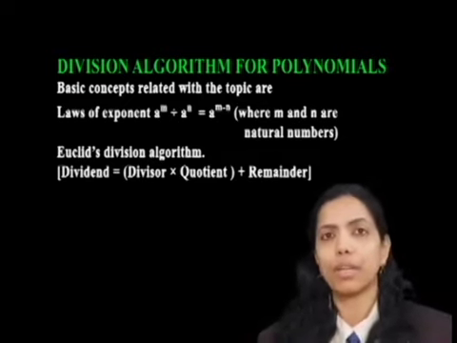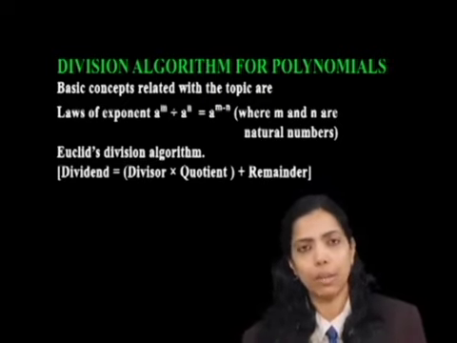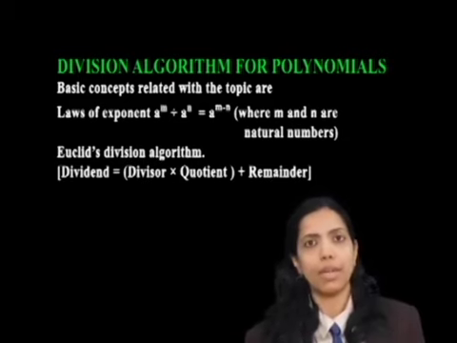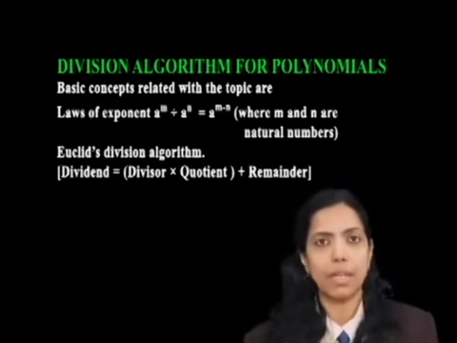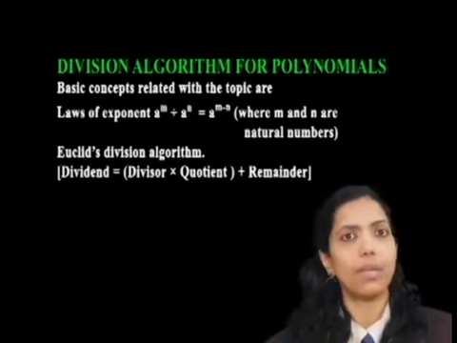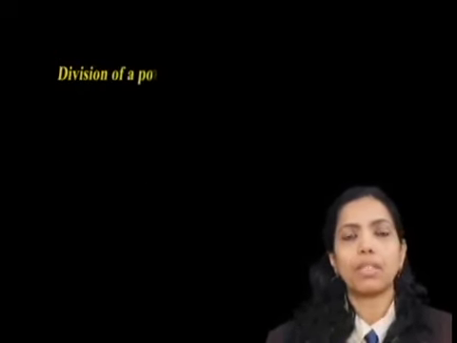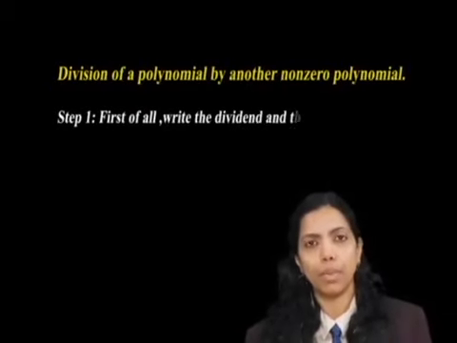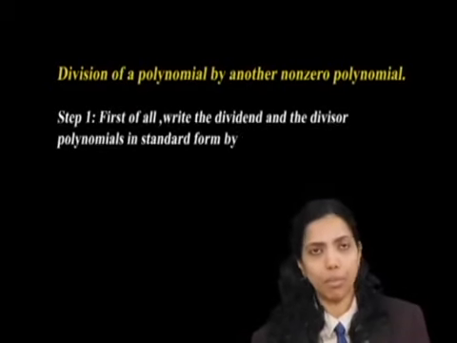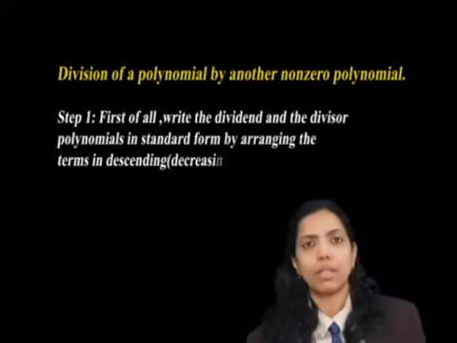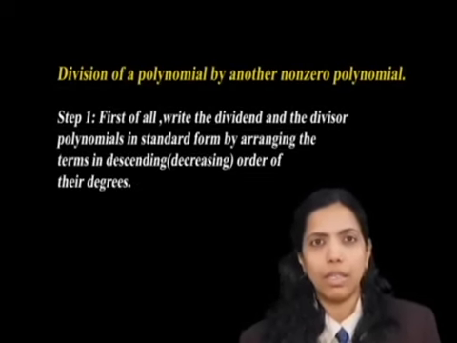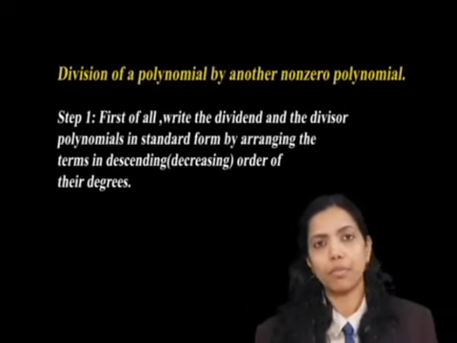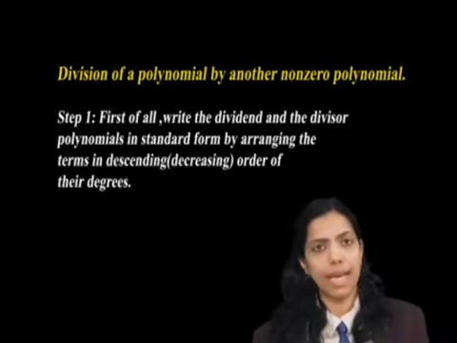And of course, one more related concept, as we said, the division algorithm. It is already in chapter 1. It is Euclid's division algorithm also. In the same way, you are getting all these basic concepts as the prerequisite knowledge. Now we can proceed. If you are checking the division algorithm for polynomials, how can we perform the division of the polynomials? Of course, division means we need the dividend and the divisor. So let us start with two polynomials f of x and g of x.